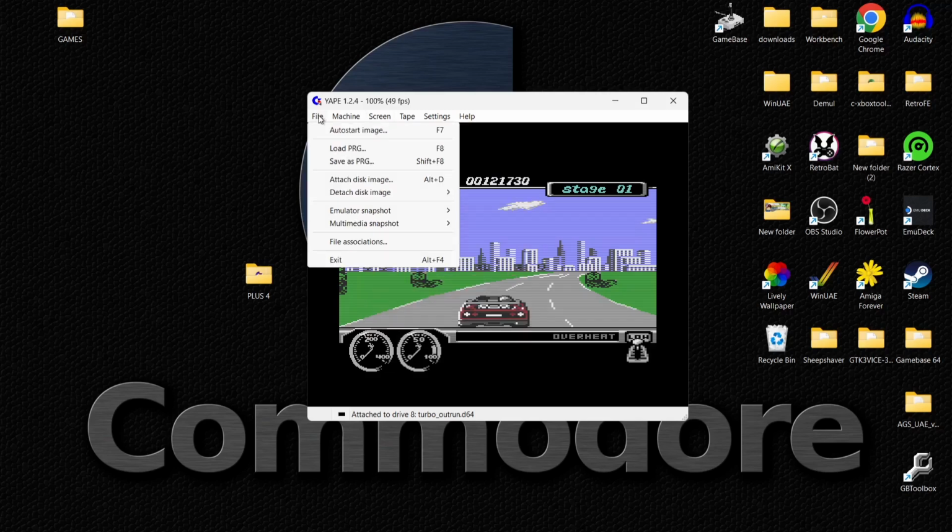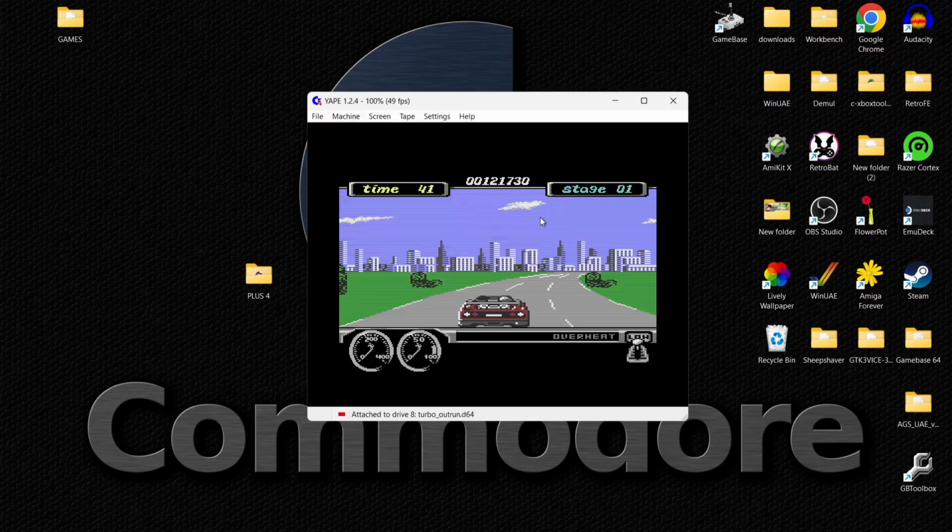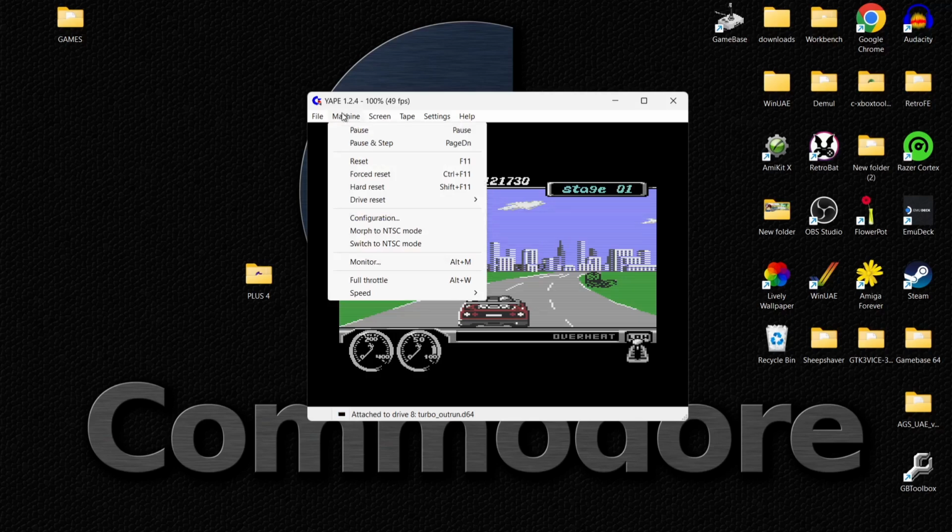So what we're going to do, in order to reset the emulator itself, we just go to machine. We've got reset just here. We also have hard reset. So if you want to clear everything out and start from scratch, then just go to hard reset. But before we do that, if you have got a disk inserted like I have just here, if you just reset it, then the disk is going to be attached when it turns itself back on. So just make sure if you're using disk images, you eject the disk. So if I go to drive A to remove my game, and then back to machine,